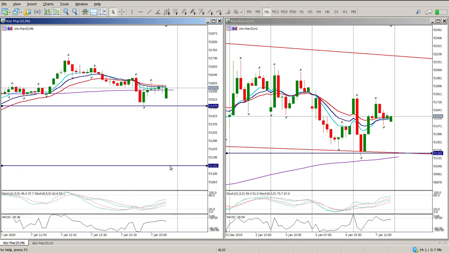Okay, which would be somewhere in the region of 51160. Let's just leave a bit of fat on that. Okay, the next thing to look at, and that is a fractal to the upside, would be 51607 as a break to the upside. Okay, and a break to the upside, this is going to be the difficult one because